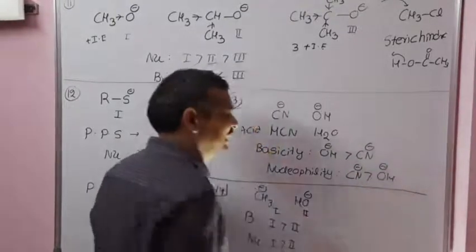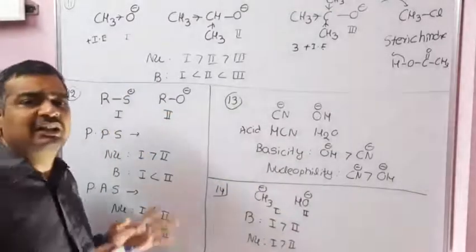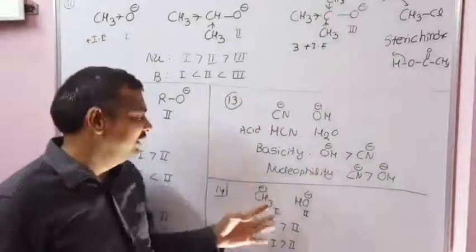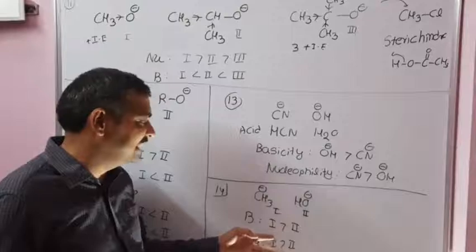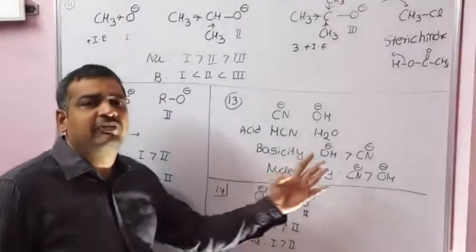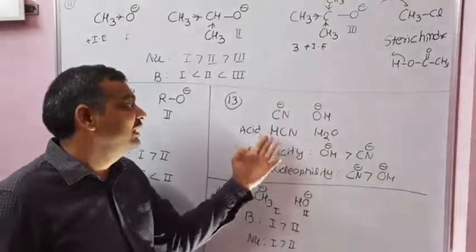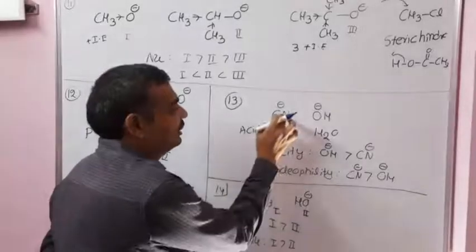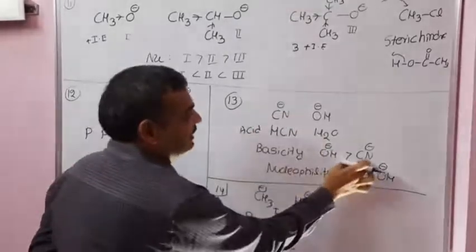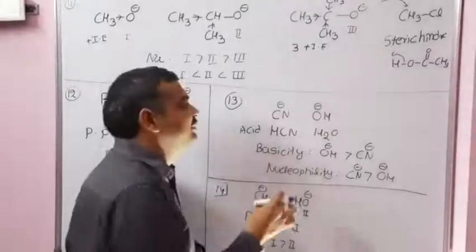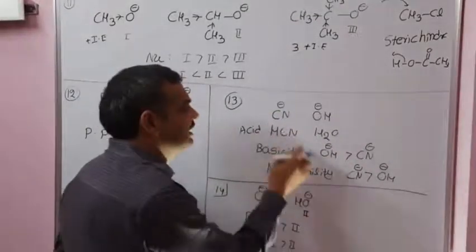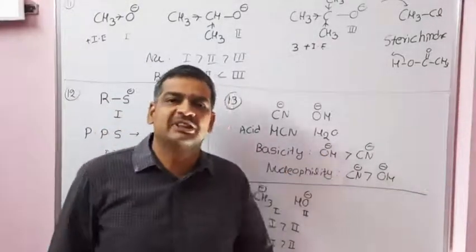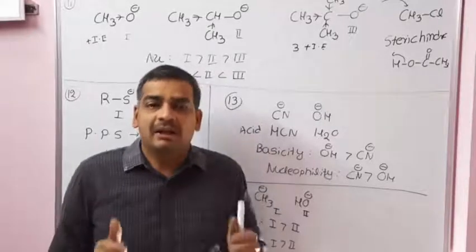No need to get confused, just see the examples. While discussing basicity, we have to see so many factors. See, these two are not hydrides, whereas in the case of SCH3 and OH, both are hydrides, so from left to right we can follow the trend. Here they are not hydrides, so we have to write the corresponding acid and then write the basicity order. Its conjugate acid is more acidic, so strong acid, weak base, basicity is less. Whereas while discussing nucleophilicity, see the period from left to right, nucleophilicity decreases. That's why CN minus is a stronger nucleophile than OH minus, right? So this is about nucleophilicity versus basicity. Follow the class, read well, all the very best. Thank you.